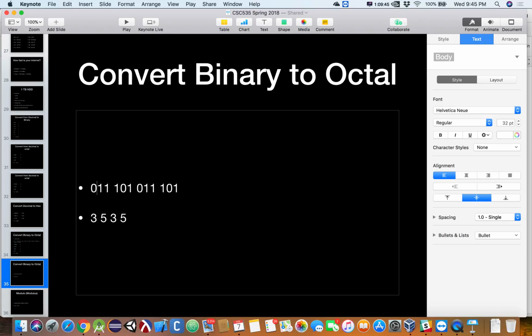what's the legal alphabet for an octal value? 0 to what? 0 to 7. How many bits does it take to represent a 7? 111 is the number 7, is it not? 000 is the number 0. So with 3 bits, I can represent all of the values in the alphabet for octal. Make sense? So for octal, you do groupings of 3, and then you just convert those 3 binary bits into their decimal equivalent. Well, in this case, it is their decimal equivalent, but this will come out to the octal value